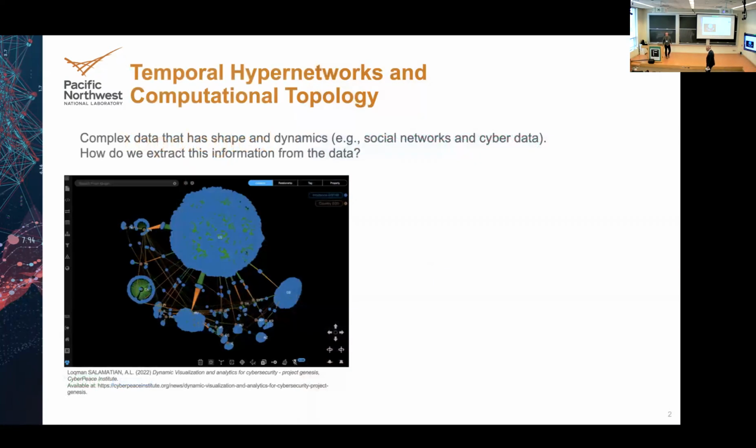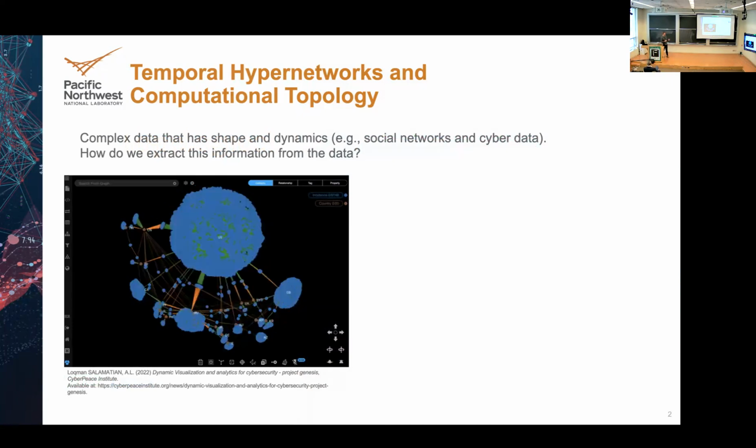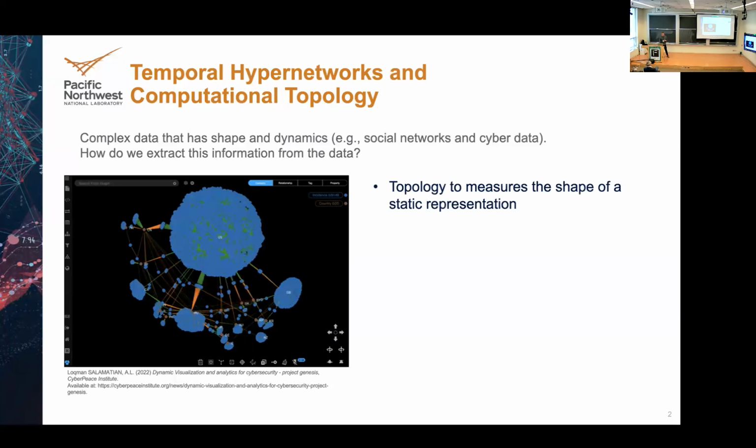Okay, so the problem I'm working with here is complex data that has shape and dynamics. What I want to be able to do is analyze that data. And the question is, how can I do that? This animation shows the complexity that a dynamic social network can have in it. But you also see this complex data in cyber as well as other forms. We can try to measure the shape of it using topology, but generally